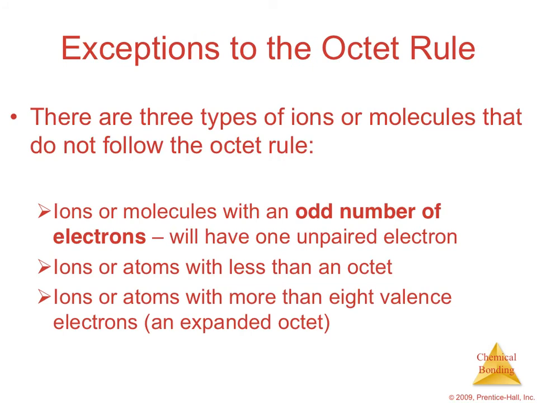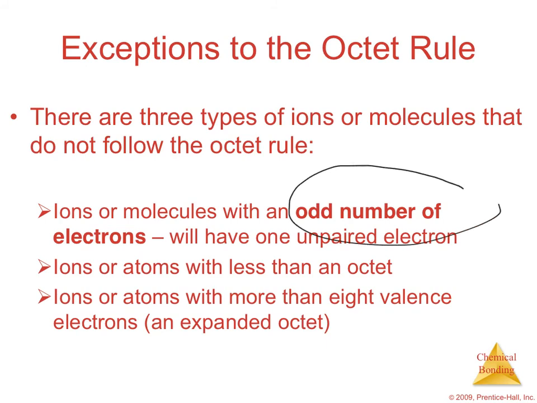All right, we're almost done. I want to leave you with a couple of exceptions in drawing Lewis dot structures. These are the harder ones. After telling you that all atoms would like to have an octet of valence electrons, a full outer shell, I'm here to tell you now that there are several exceptions to that rule. There are three categories of exceptions. The first one is